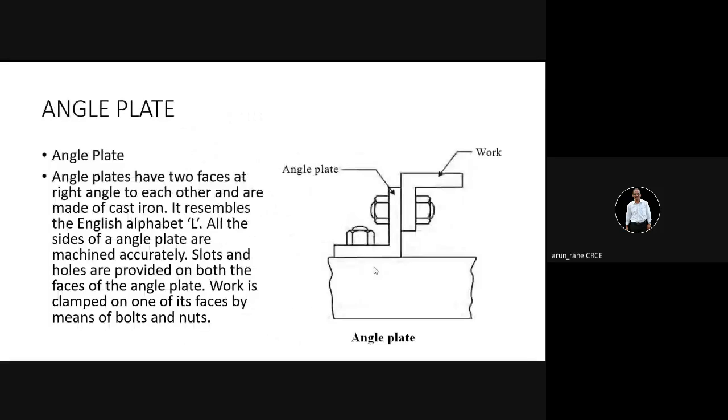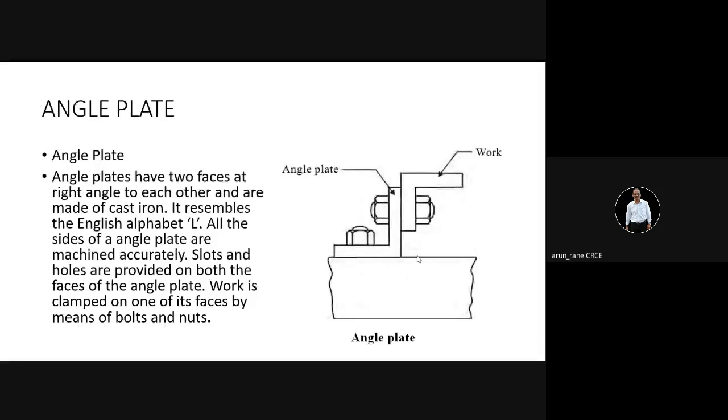So this is how an angle plate is used. Now this angle plate is kept on the table and the workpiece is clamped with the help of this nut and bolt. I have also shown you the photographs and the 2D diagrams. The photograph is for clear understanding and the 2D drawings are for representation in your answer book, because I know photographs and three-dimensional drawings are difficult to draw.